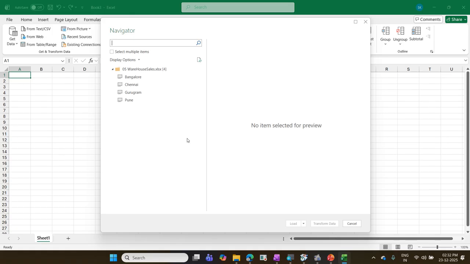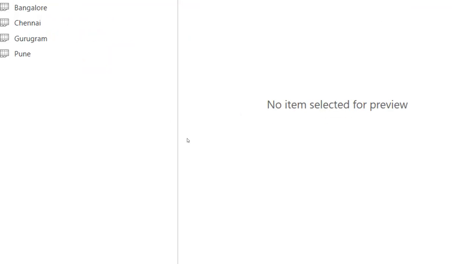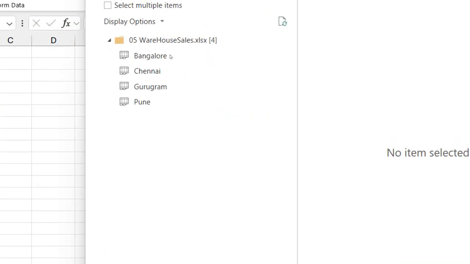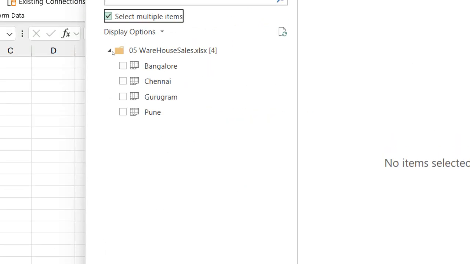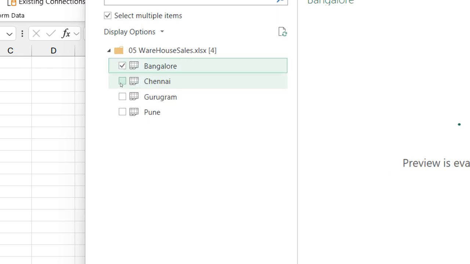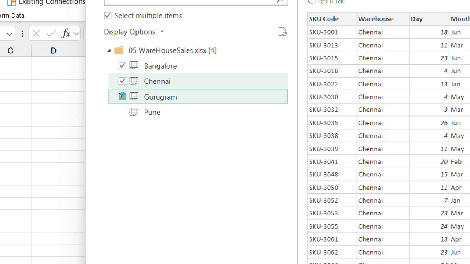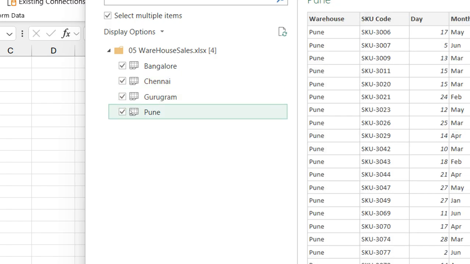Very good. There is an option called select multiple. But the challenge is, here I have 4 sheets. I can go to the left hand side and select 1, 2, 3, 4. But I have 20 sheets. I cannot make 20 clicks here, which is very tough. So what we do,